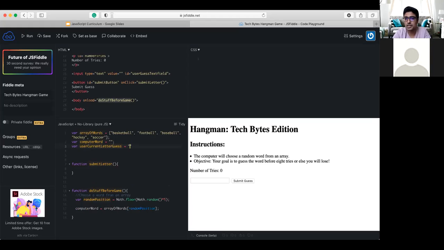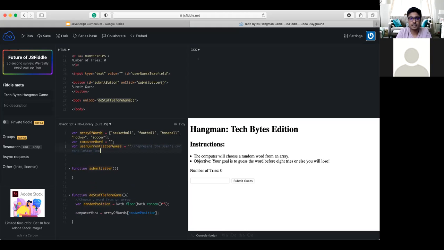You could call it whatever you want. This is just going to represent the user's current letter input, so for example, the letter I. Alrighty. And now we have to assign our variable a value. So I'm going to paste that variable and set it equal to something. In order to get the value of that variable, we essentially need to grab whatever letter the user inputted into that text field.